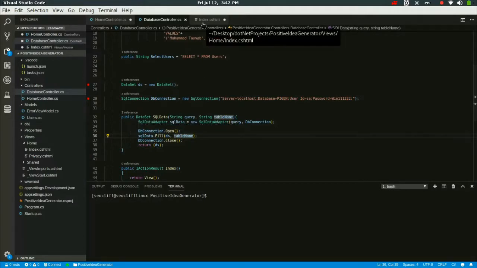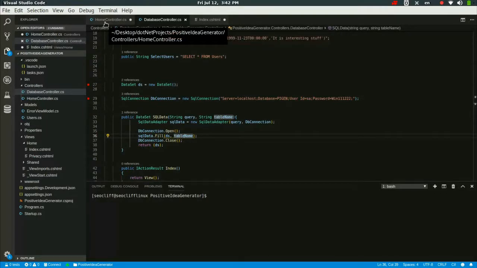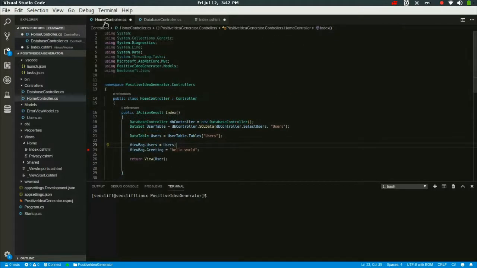Now let's output this data from the database into a view page, so we will be able to see the web view of our data. For that, we have to go to the home controller, which is responsible for the index page and privacy page logic. So I have made some changes in it. I have declared a database controller in it. I have just an object